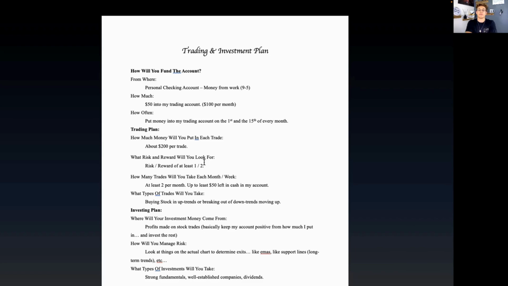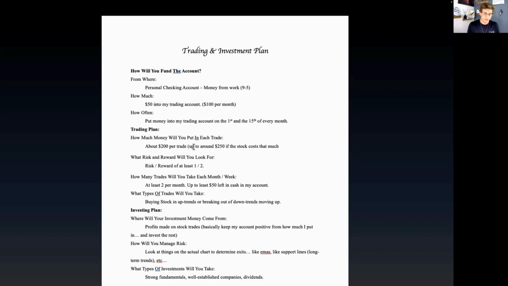I think it's still really important that every time you enter a trade, you put in the right amount of money. You don't want to put in too much on any trade. You want to make sure you're putting in the right amount, and we're able to do that. The one thing I will say, as a side note, is I'm going to say up to around $250 if the stock costs that much.